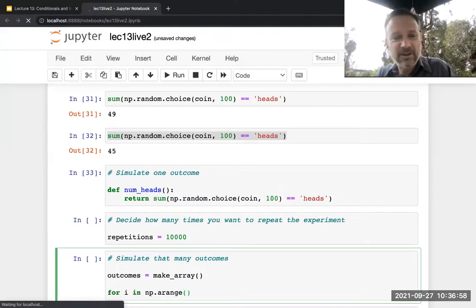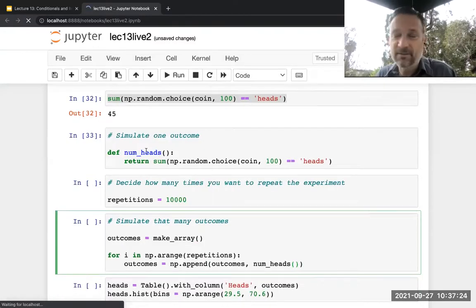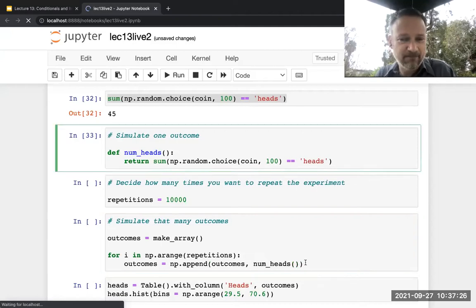I said I wanted to do it 10,000 times, so I loop over a range of size 10,000. And in each iteration of the for loop, I append to the end of this array the results of what happened when I did it once. The results of doing it once, I can get by calling this function numHeads that I just defined.